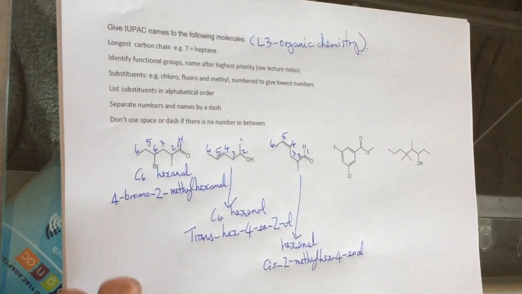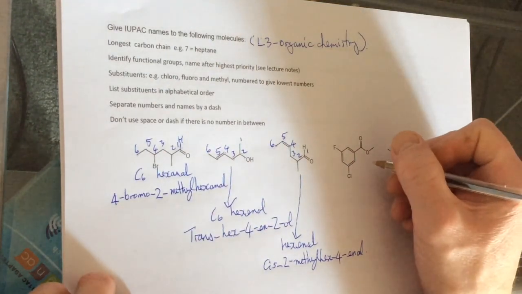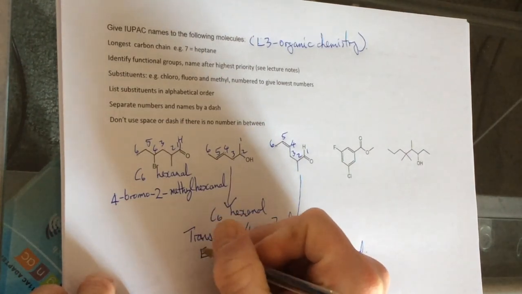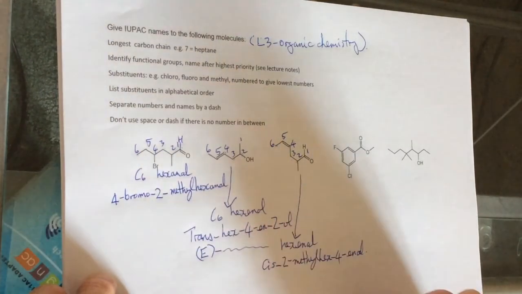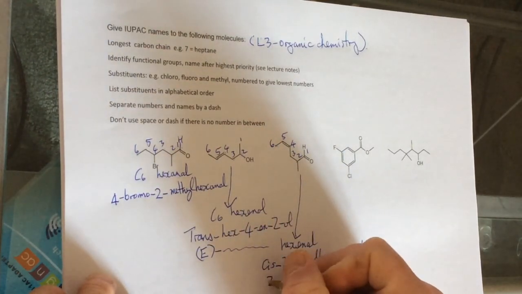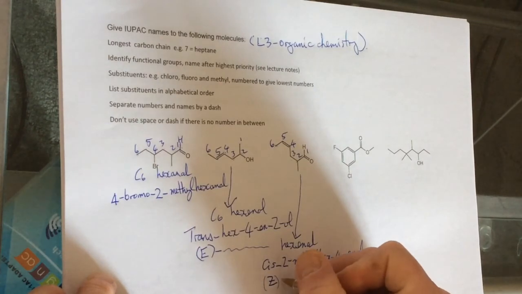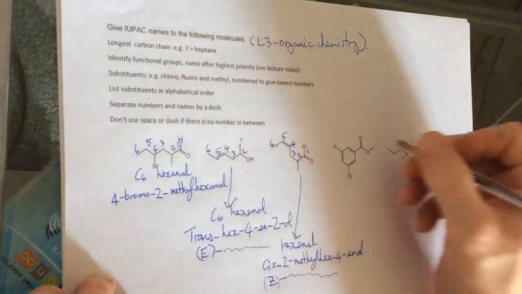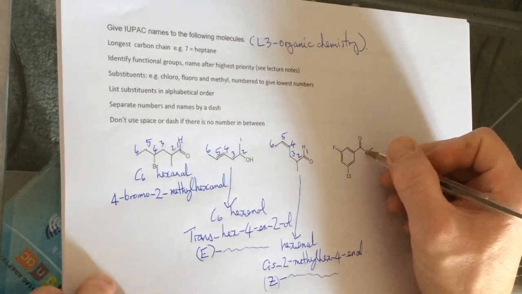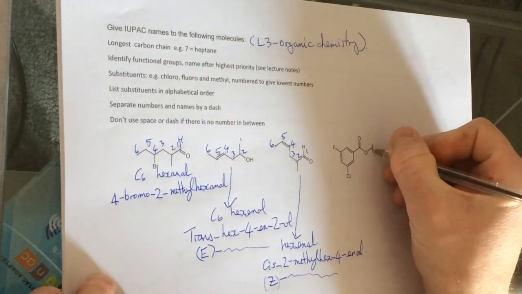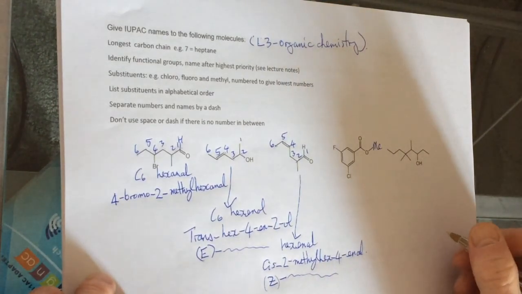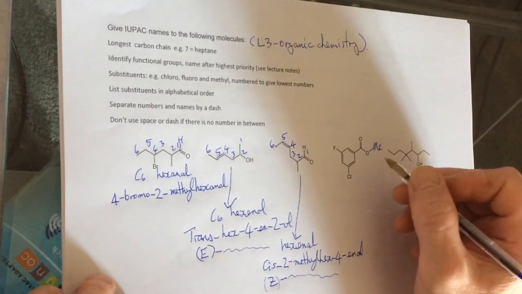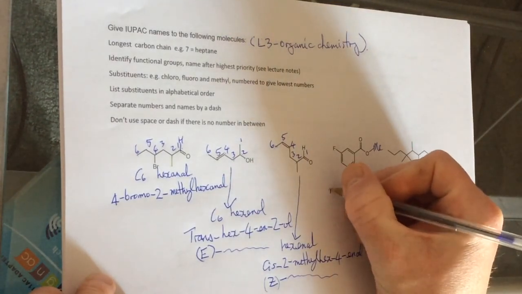Okay, and the alternative, remember, for trans is E, and then the rest of it is the same. And for this one, Z stands for cis, and again the rest of it is the same. And here we've got an ester, so there we've got CO2 and R, so there, that's a methyl group attached to there. So it'll be named as, remember, when you name an ester, that's when you do have a gap. So it'll be named as a methyl